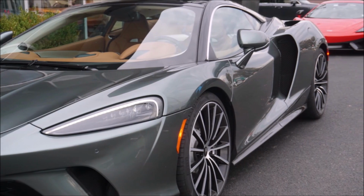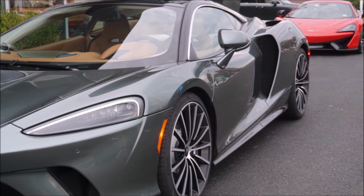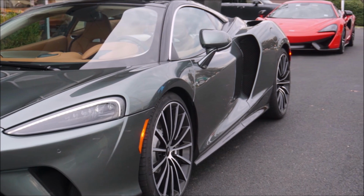All about the car. Being a 570S owner, my 570S is actually behind us. I drove it here, so I can tell you guys the differences in later videos after I've driven it, or maybe during this video. I know that it's got a 4-liter V8. It's about 612 horsepower. Does that sound right? It is 612. Exactly. So it's essentially the 4-liter V8 from the